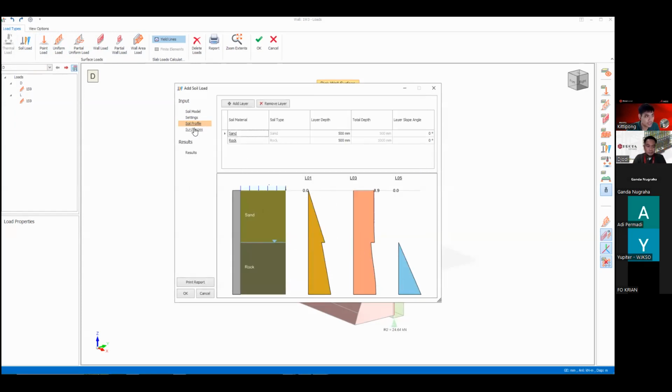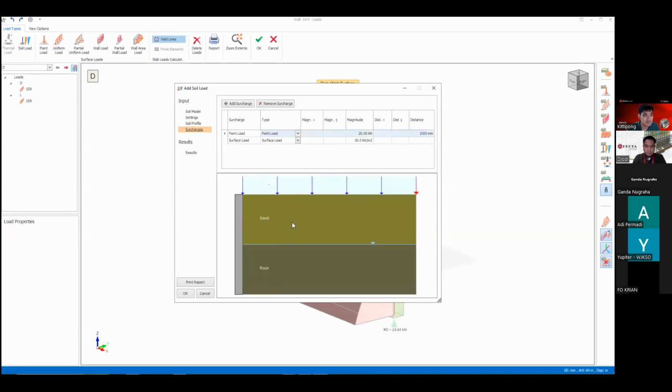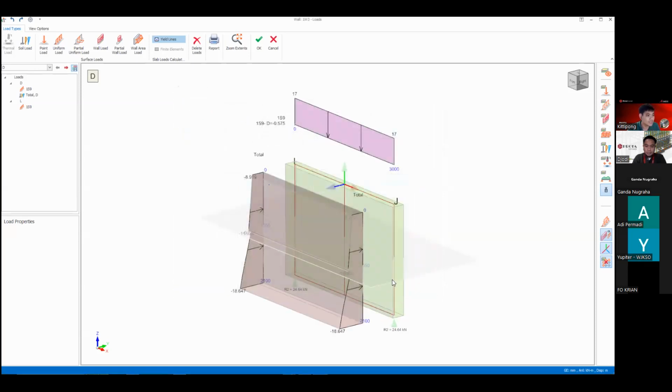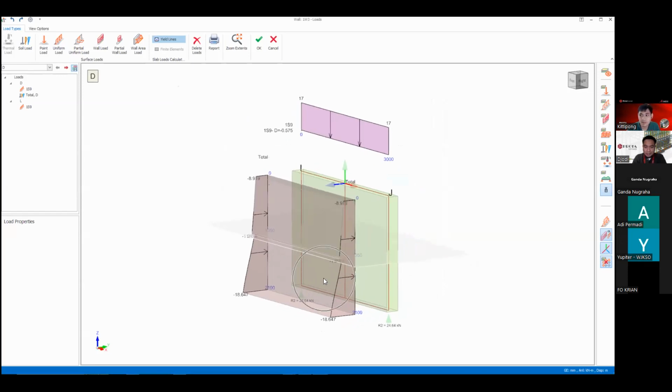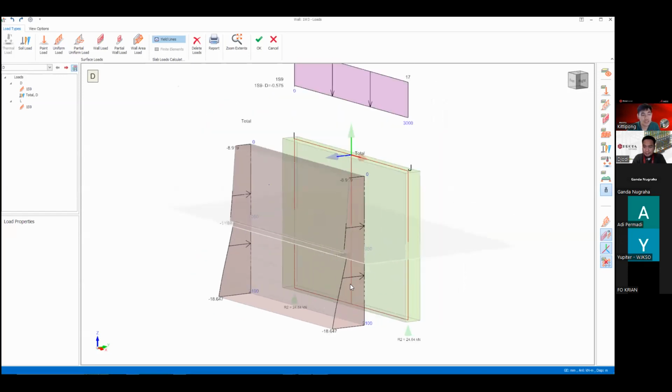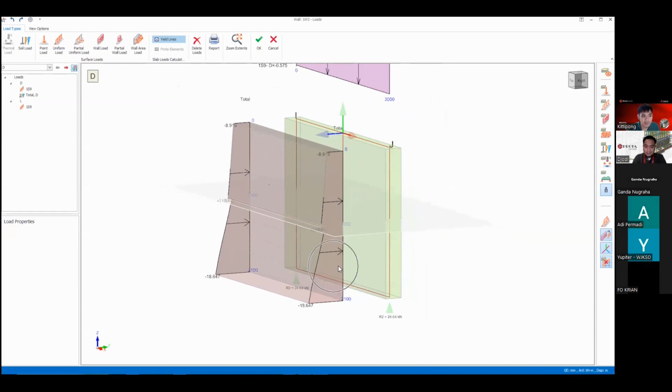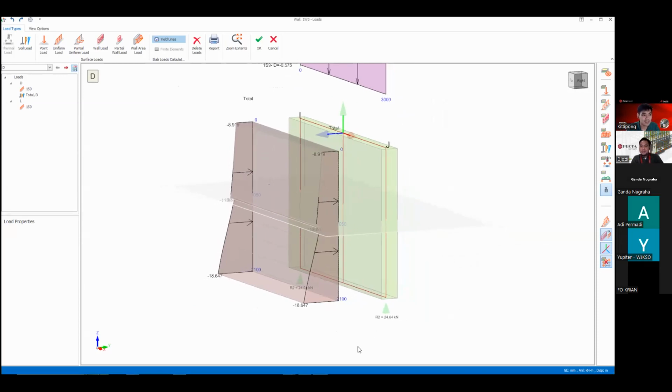You can input the surcharge load like this, and it will calculate back to the static load for you. This is the load for the vertical and horizontal. This is the horizontal from the soil, the water load, something like that.